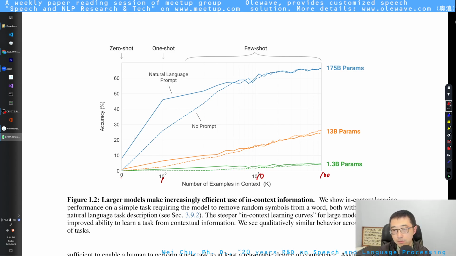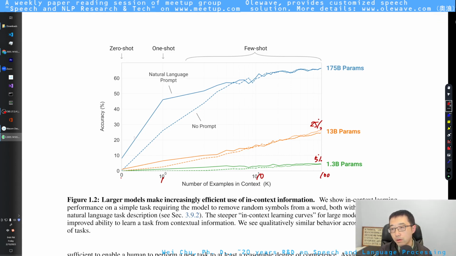But you can see that, with prompt or without prompt, especially when the model parameters got increased by 1 magnitude from 1.3 to 13 billion parameters, you only increased from like 5% to about 25.